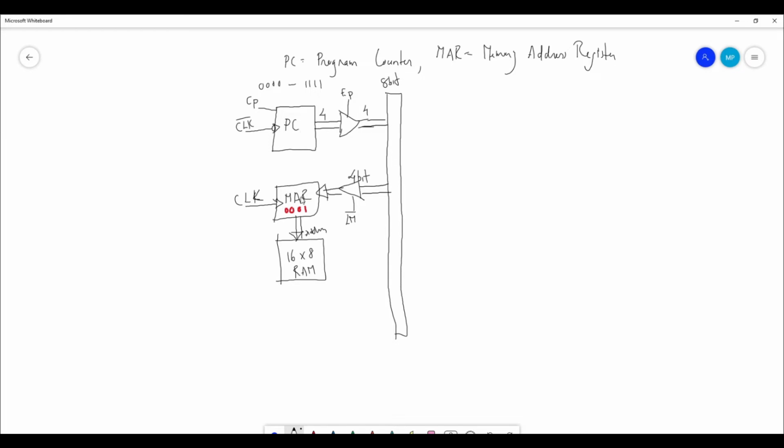It has gone through this. The reason is very simple, because we are using the same memory for data as well as program. So the same memory is being used for program and data in our case, because ours is a very simple microcomputer. So 16 locations, maybe we can divide the first 8 locations for storing the program and the remaining 8 locations for storing the